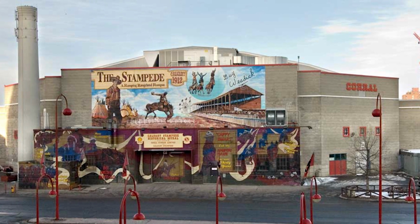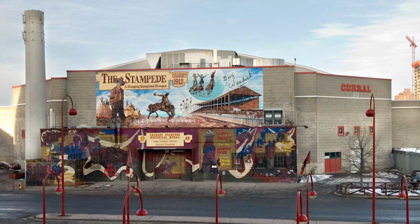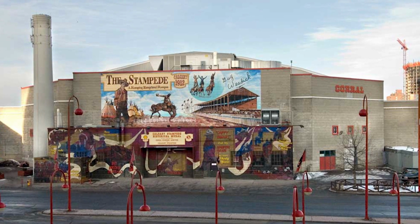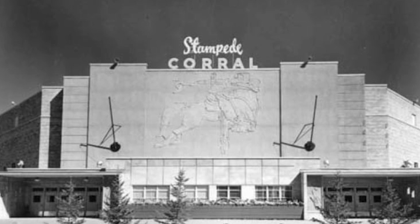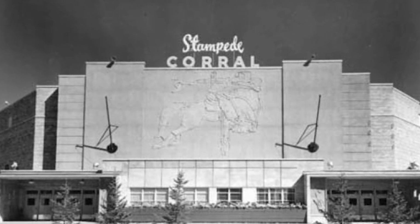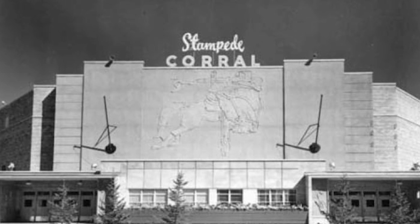Now, the Stampede Corral opened on December 15, 1950 at a cost of $1.25 million. It was built to replace the Victoria Arena, which was home to the Calgary Stampeders hockey team. The corral was built and owned and used by the Calgary Exhibition and Stampede for the Calgary Stampede every year. It also held various WCHL, WHA, and WHL teams. Now, when the Flames moved to Calgary, they called the corral home for their first 3 NHL seasons